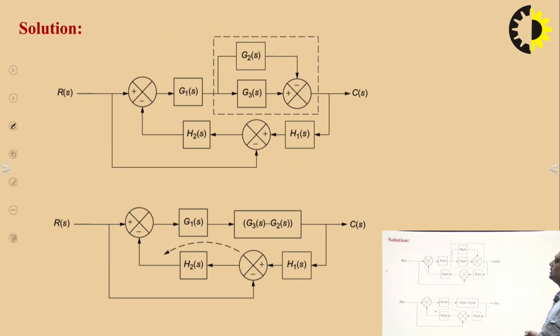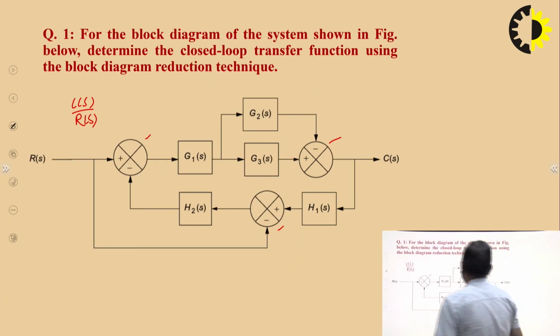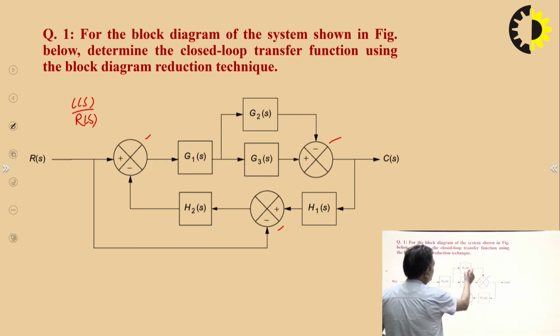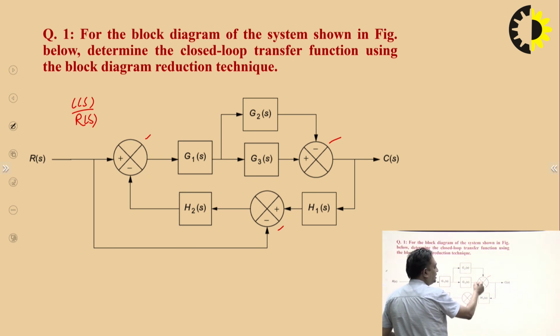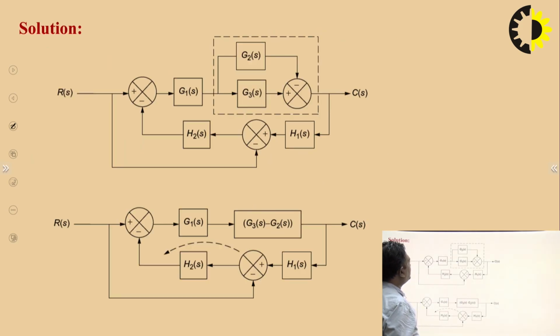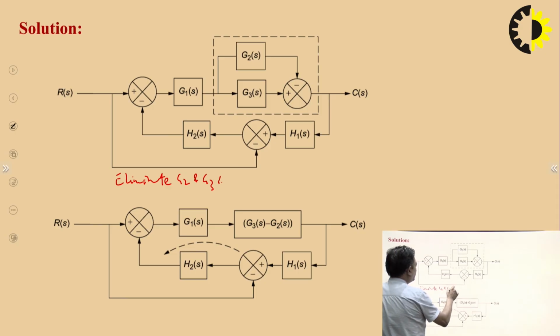Okay, like here in this case, you can see first of all from here we can see these two blocks are connected in parallel. So, it is very easy to connect them in parallel to eliminate this summing point. Okay. So, you can see first of all we are taking these two blocks. These two blocks are connected in parallel. Okay. So, eliminate G2 and G3 connected